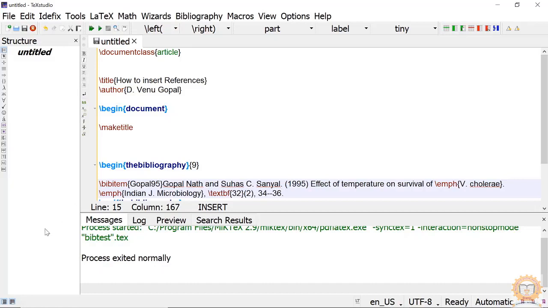So we have created one bib item, and this is the key. It is one of the authors' names we generally give, and the year of publication, so that we can easily quote in our paper. So to cite this in our paper, we will write cite.